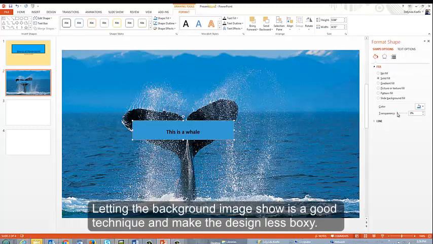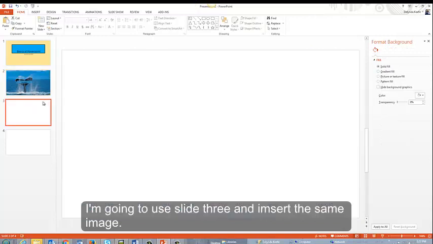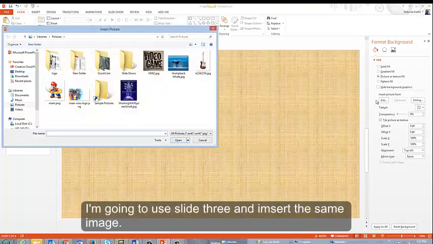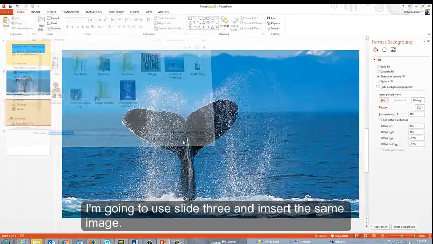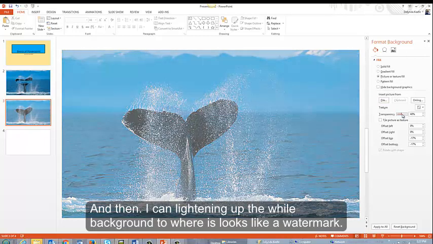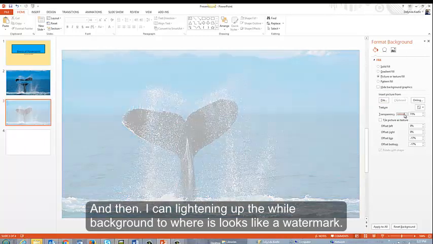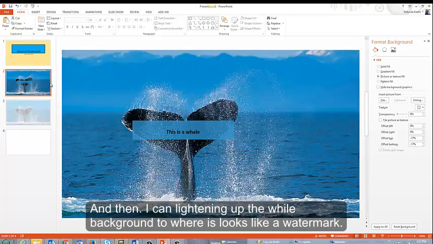See how that is? This is a little better like this. You could also take the background itself. Let me insert again. And picture. I'm going to go to a file, bring this in again, and then this whole background, I can lighten it up here as well. You can see I can make that look like a watermark even, and then I could take that